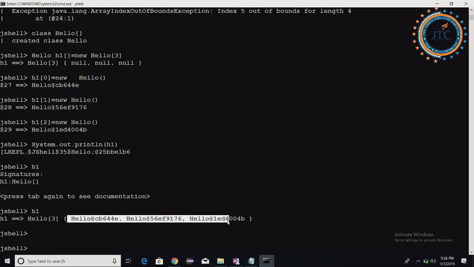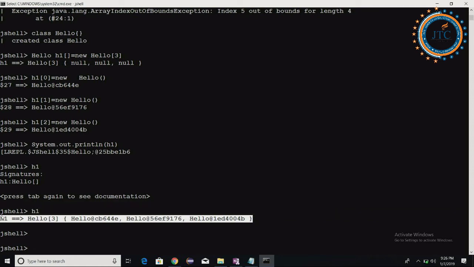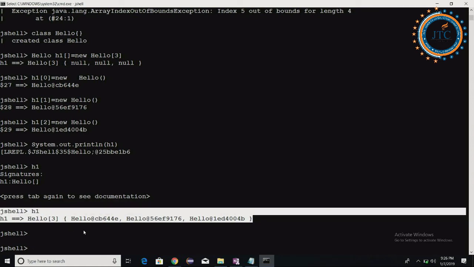Fine. These all are the hash code itself in the form of hexadecimal representation, and that is what we are getting inside this case. This is the hash code in the form of hexadecimal representation. That's what we have got inside this case. Since we are getting all these things in this way, so just